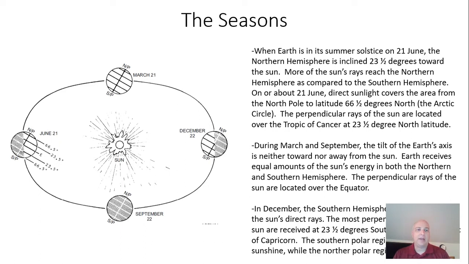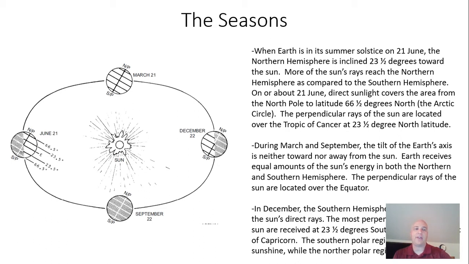Meanwhile, June 21st is known as the summer solstice, the first day of summer in the northern hemisphere, and December 22nd is known as the winter solstice, the first day of winter in the northern hemisphere. So when Earth is at its summer solstice on 21 June, the northern hemisphere is inclined 23.5 degrees toward the sun. So the northern hemisphere is actually pointed